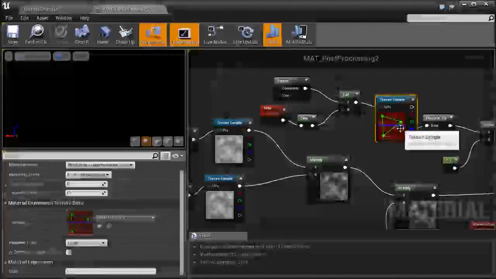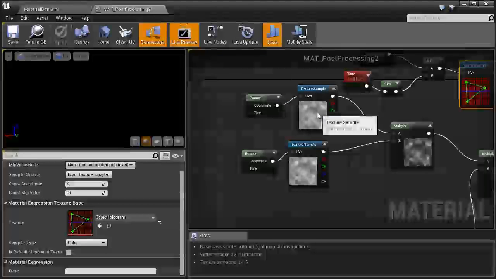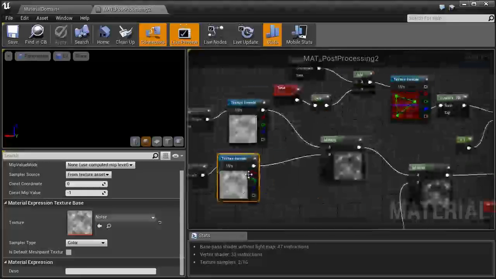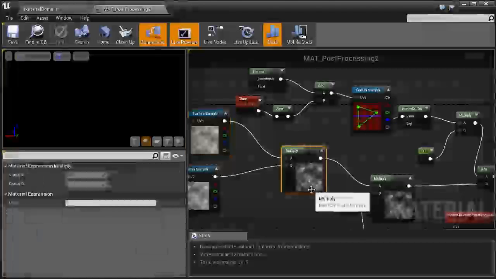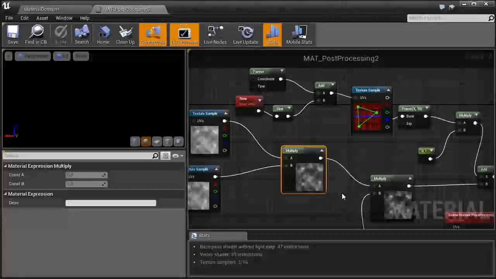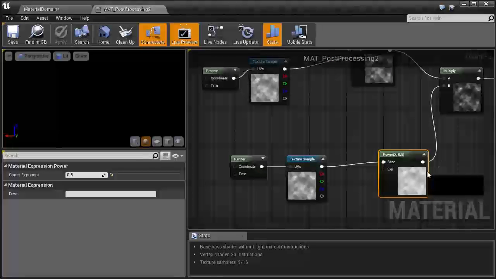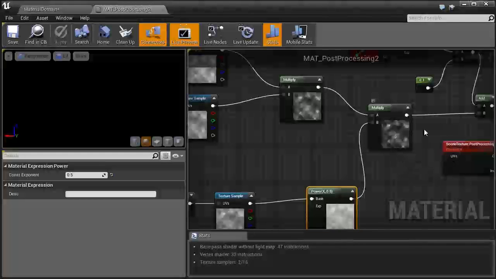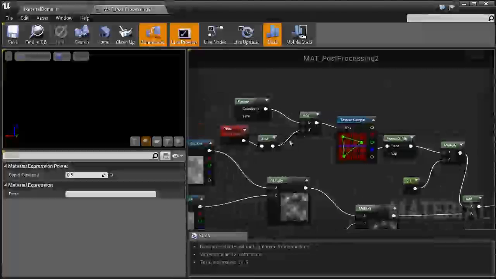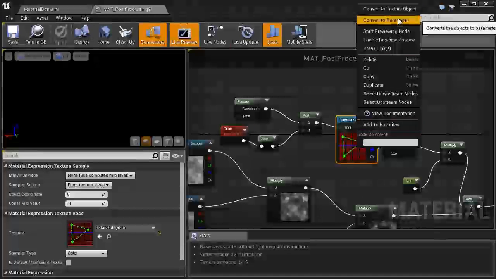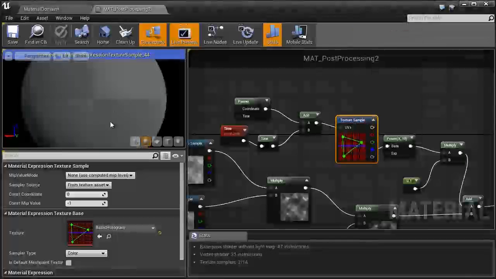You can see that I'm using some materials here. So I've got these panning noise textures that I have, and then having them multiplied just to darken some areas. And then I'm just multiplying them again with another one, which is just making it brighter in some areas and darker in others. And then I'm just adding it with, if I preview this node,